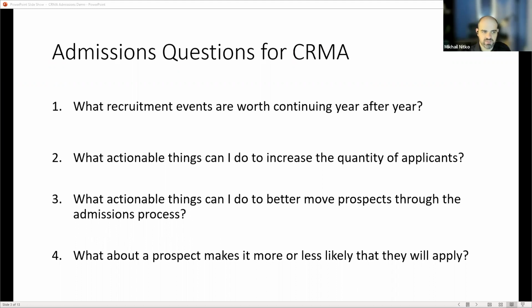Admissions in a university is the department that tries to find prospects through doing things like purchasing lists of prospects, or through marketing through Facebook, Twitter, LinkedIn, billboards, SMS, anything that you can imagine to try and recruit as many people as possible.